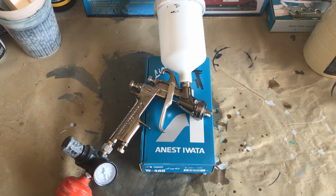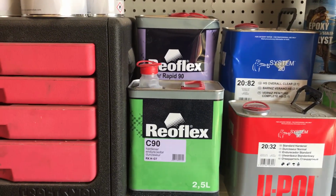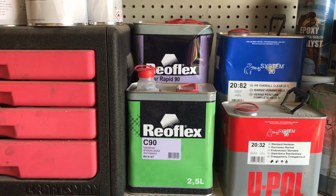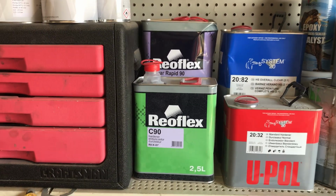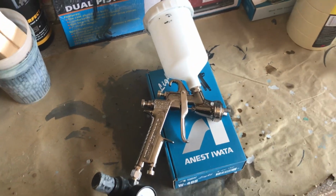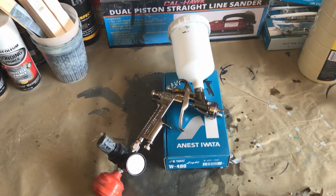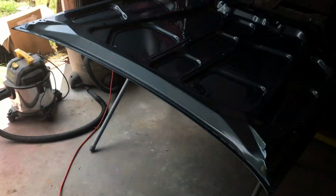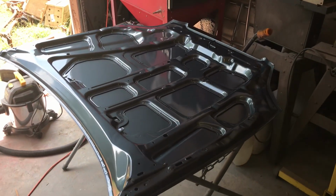But I went ahead and sprayed this RioFlex clear here, and I just mixed it with the clear and the reducer. It's a fast drying clear. It dries in, I think, an hour and a half. It's called their Rapid Clear 90. But I sprayed that on this,